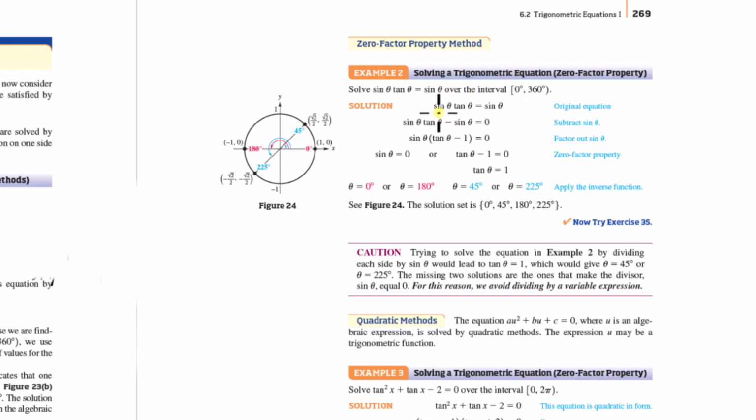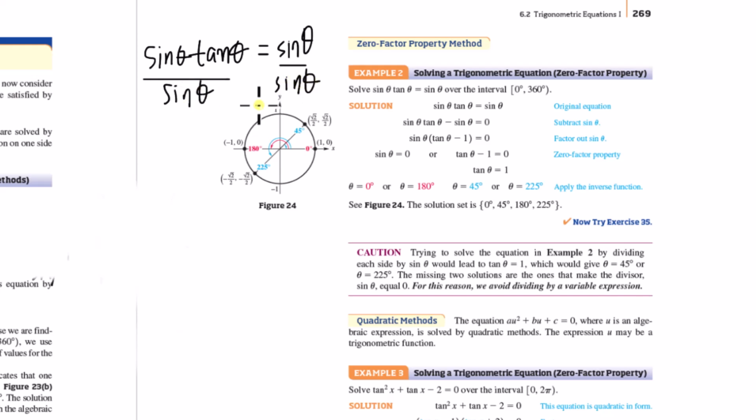So how would we solve sine theta times tangent theta is equal to sine theta? We could divide both sides by sine theta and get tangent theta is equal to 1. So why are they calling this the zero factor property method? Oh, okay, I see. No, you don't want to do that because